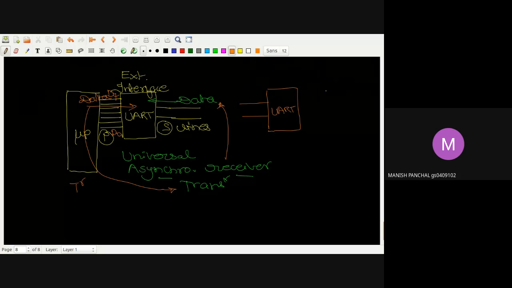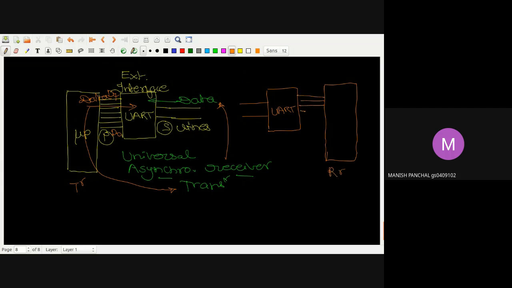this receiver microcontroller will understand the language of parallel communication. So this is my receiver. Okay, so this is my D0 to D7 bit. Okay, the thing is that if these two lines are connected with each other,